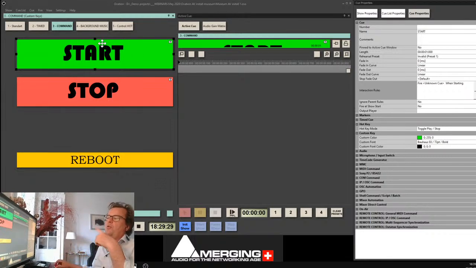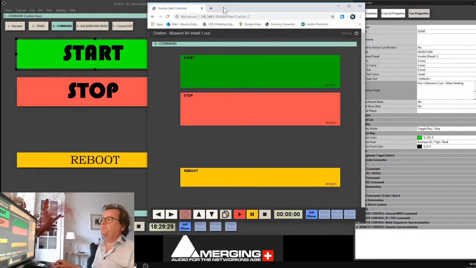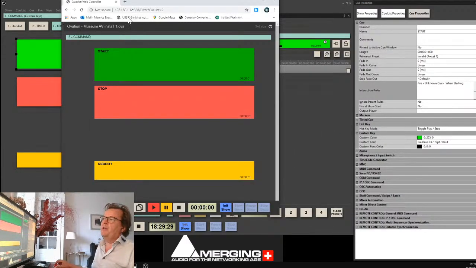So I created this cue list where you can design the buttons the way you want, and you link them by an interaction rule to any cue or any show. And then with the IP address of the computer, I can emulate my Ovation cue list. And this obviously can